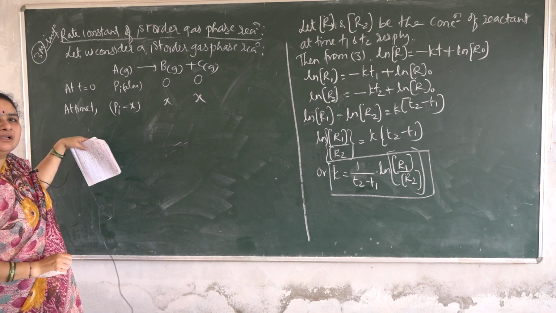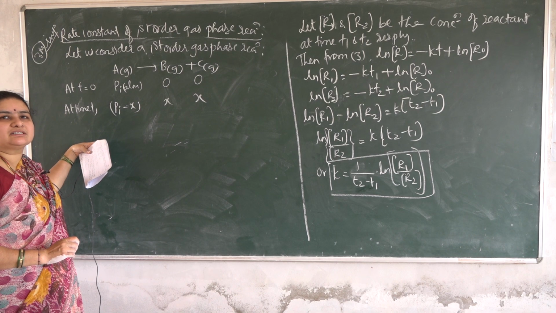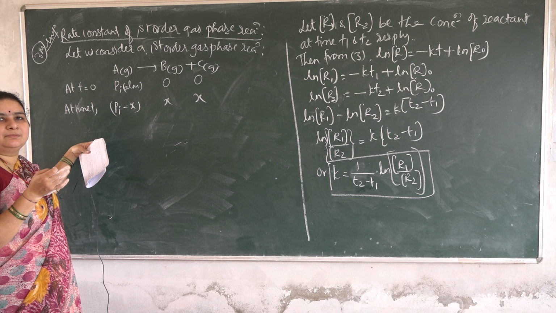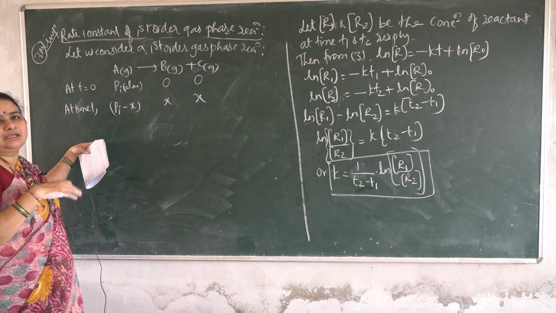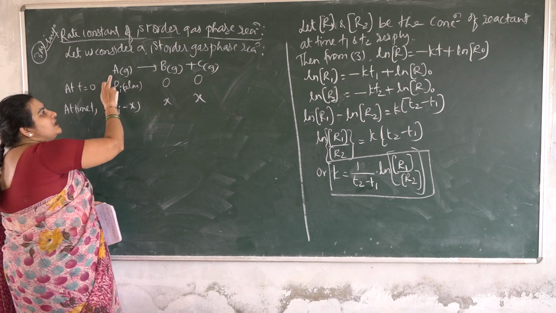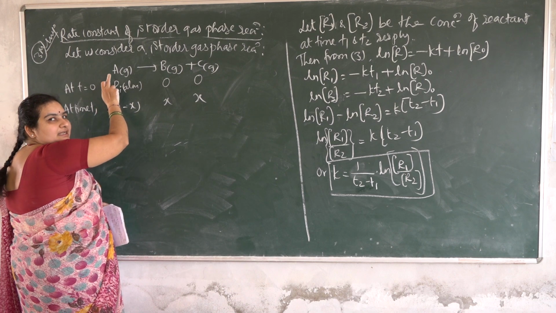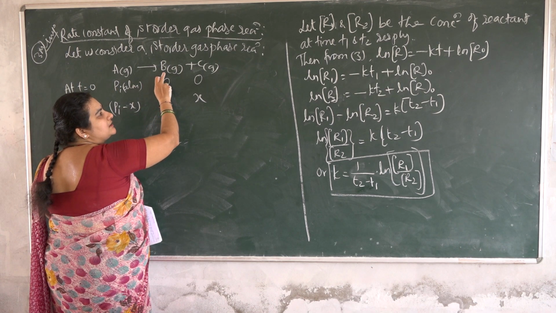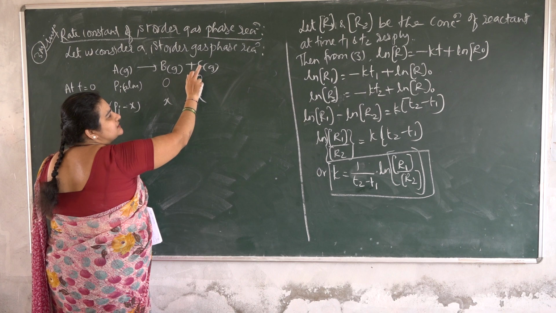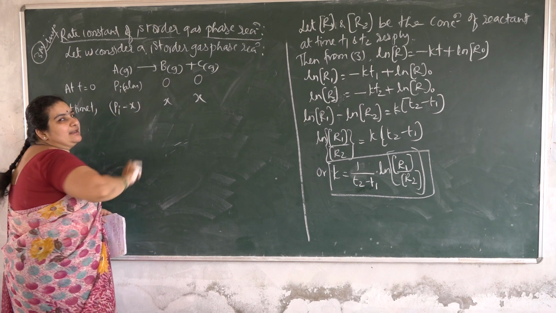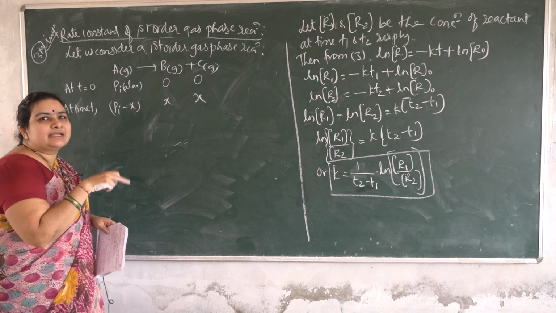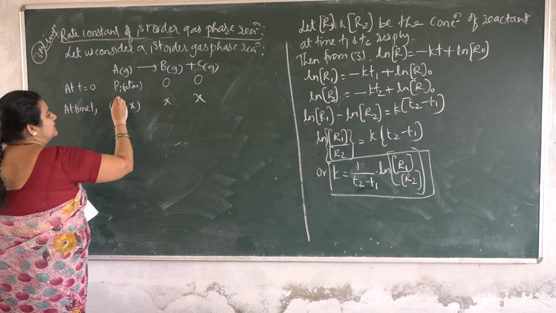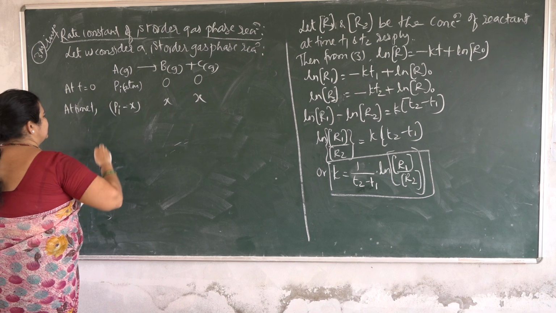So this column I have just practiced with you in the first year: remaining, then equilibrium, present at equilibrium, like that. See here, as 1 mole of reactant A reacts, it gives 1 mole of product B and 1 mole of product C. So a 1:1 ratio is present between the reactants and products. So just write the wordings of this statement.